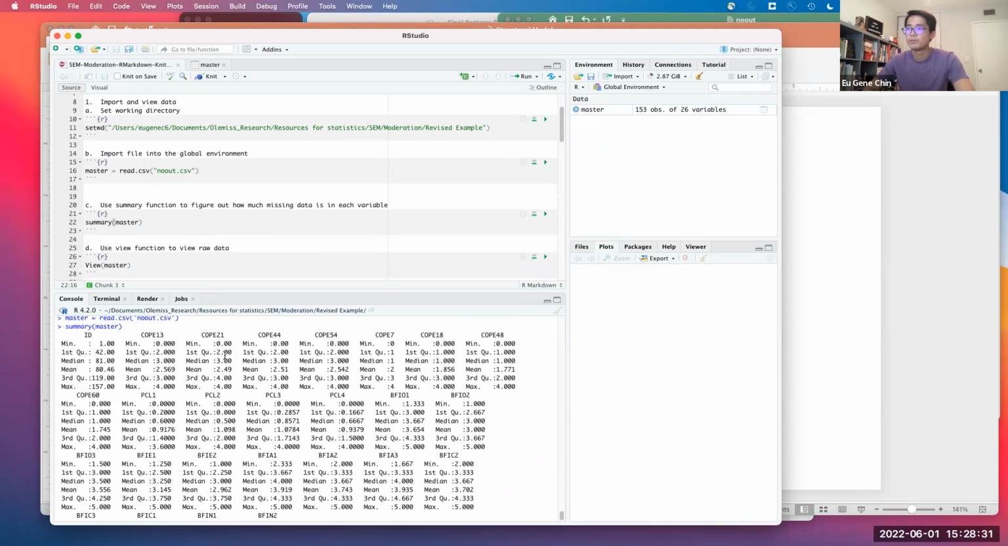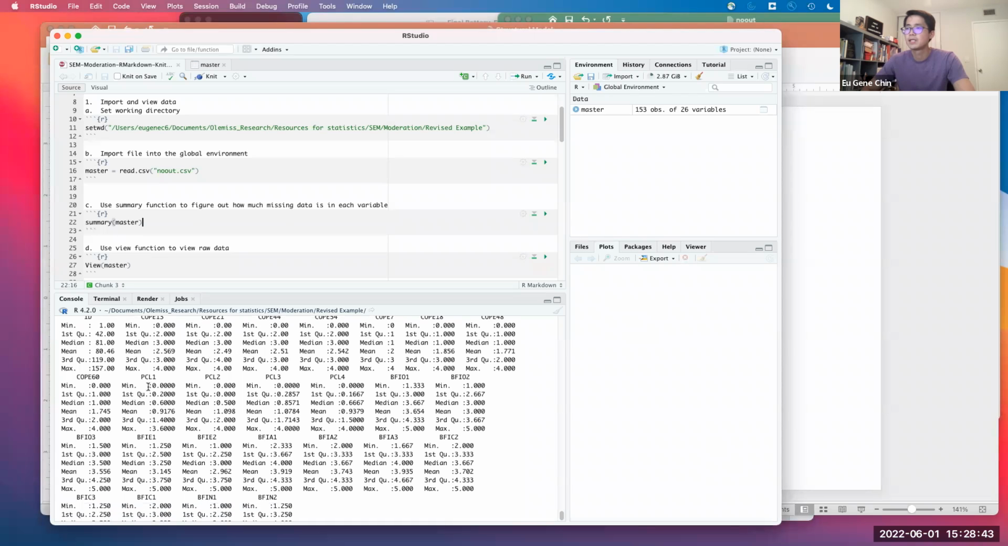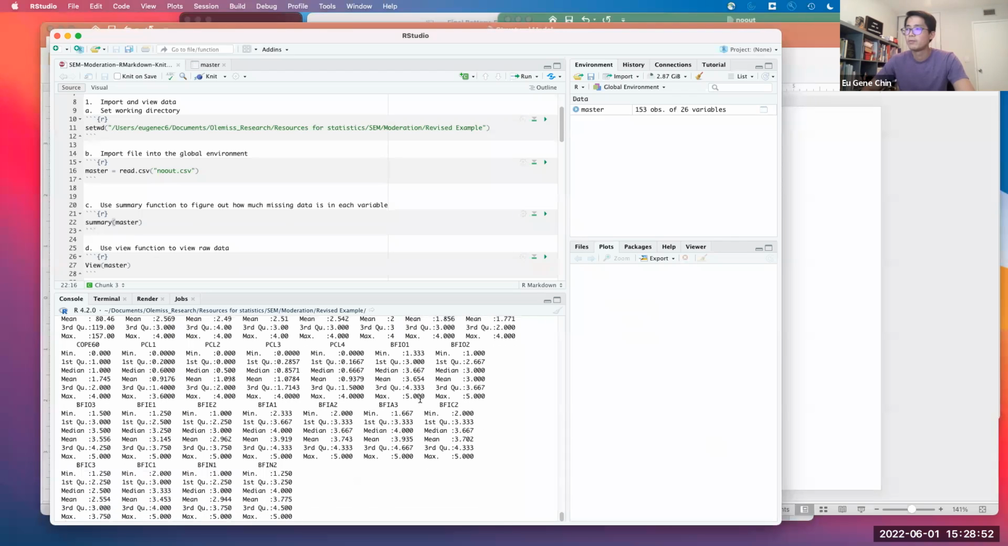You can see that we have 1, 2, 3, 4, 5, 6, 7, 8 COPE indicators. We're not going to use all of them. I think we're just going to use, I believe, maybe the first 3. And then for PCL, these are item parcels from the 4 main domains for the PCL-5 scale. And I made parcels for each subscale in the Big 5 inventory as well. BFI O1, O2, and O3 represent item parcels for openness to experience. BFI E1 and 2 represent item parcels for extraversion. BFI A1, 2, and 3 represents,